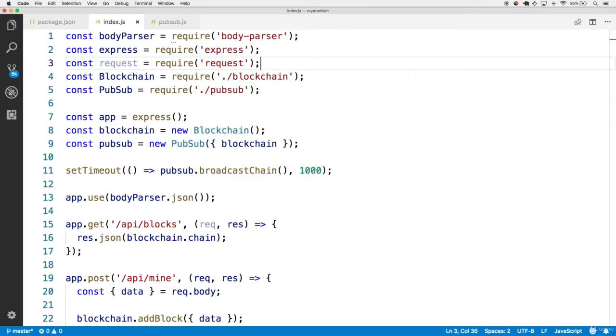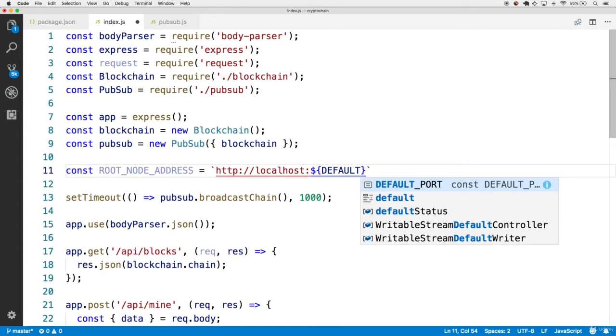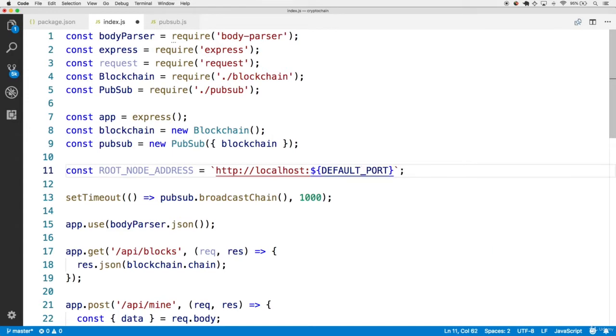All right, cool. Then in order to make a request to the root node, we need to know the root node's address. Let's define the root node address at the top of the file. So right here at the top of the file, let's make a constant called ROOT_NODE_ADDRESS. This is a screaming snake case constant. And then we'll make this by combining http://localhost